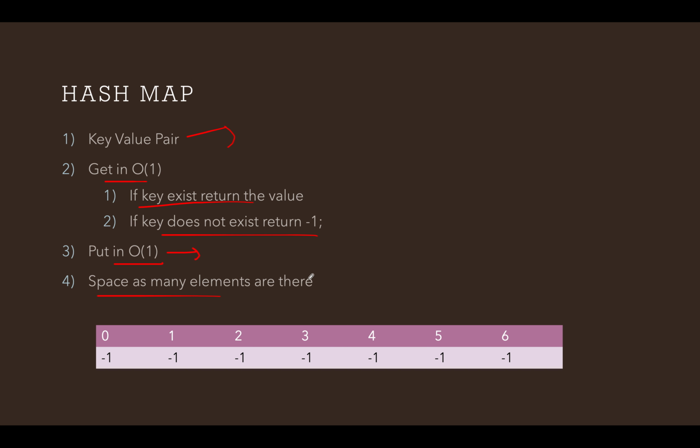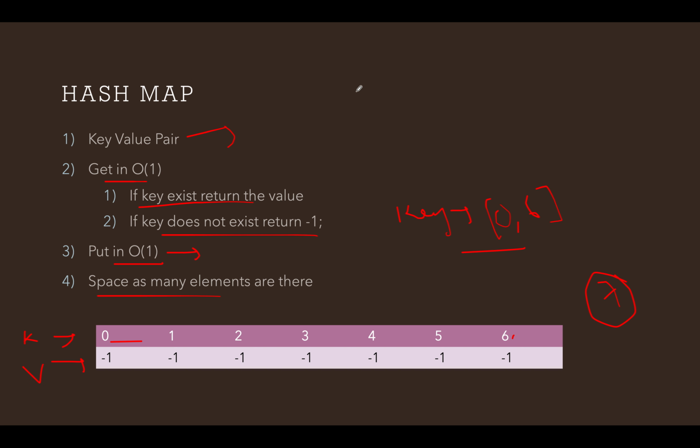So if we restrict the question to the level that key can only extend from 0 to 6, then how can you implement a basic naive hash map? You can use an array of integers of size 7 so as to support keys from 0 to 6, and you can fill in corresponding values in your array. So this would act as your key and this would act as your value.